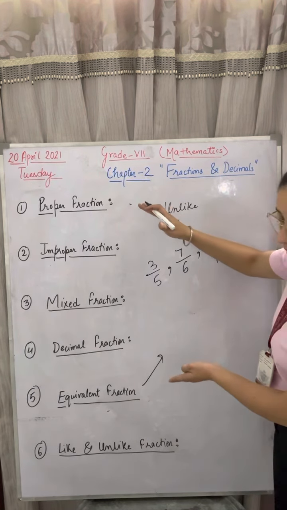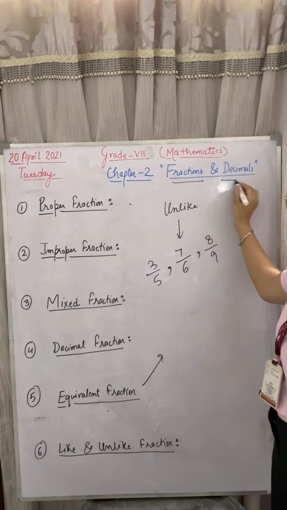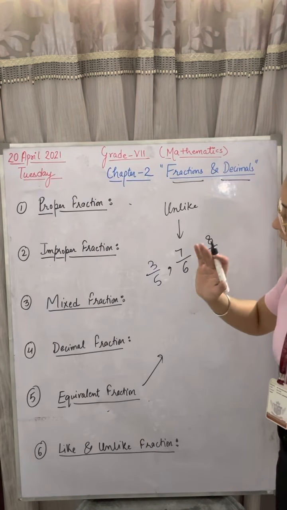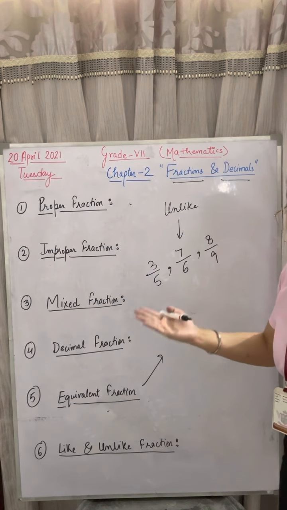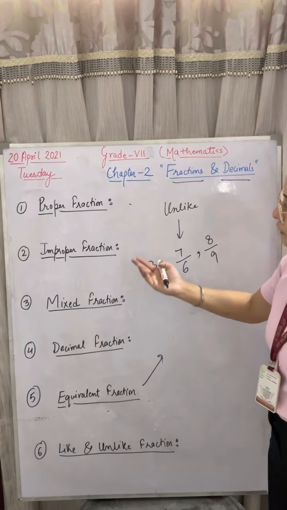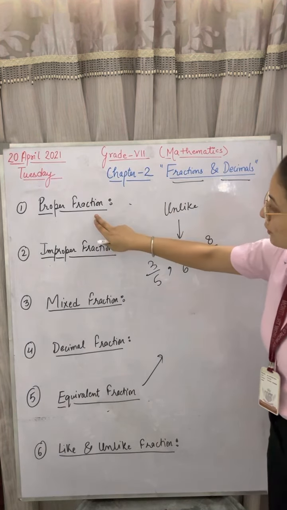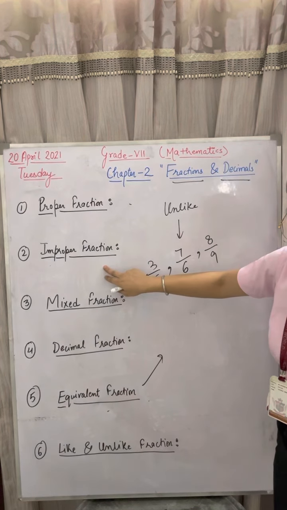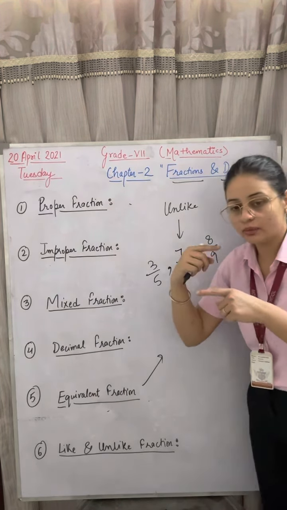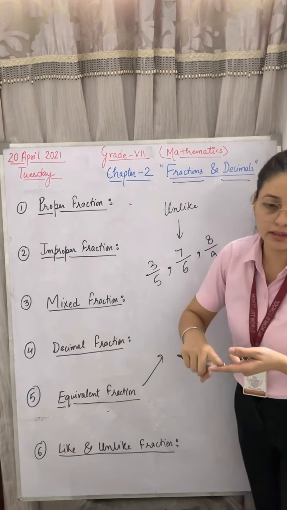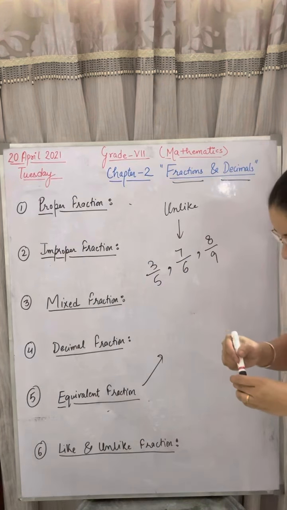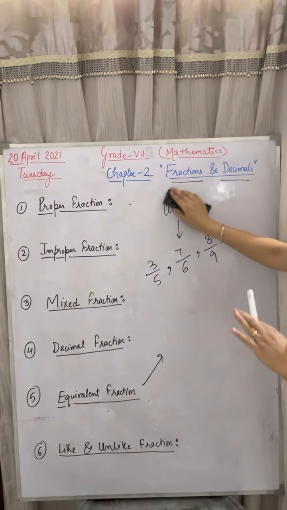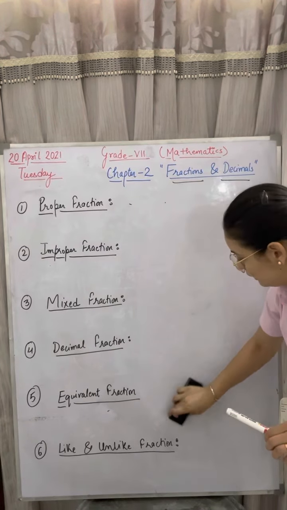This is the basics of fractions and decimals. Some are very confused in 8th and 9th grade. You can ask the students of 8th and 9th grade. Still they are confused about how to tell a proper and improper fraction, and whether the numerator will be bigger or the denominator will be bigger. If you understand this concept, then you will not face any problem in the fraction part.